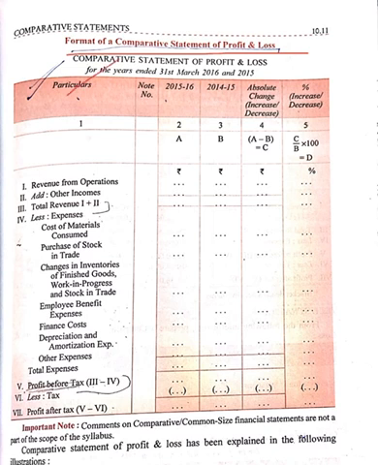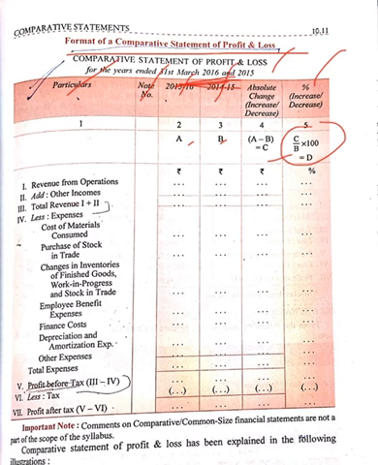So first of all there will be particulars, then note number, then current year, previous year. You will write your years which will be given in the question, meaning current year and previous year, then absolute change, and then percentage. The formula of percentage will be C upon B into 100. This is A, this is B. A minus B will be C, and the formula of increase and decrease will be C upon B into 100.